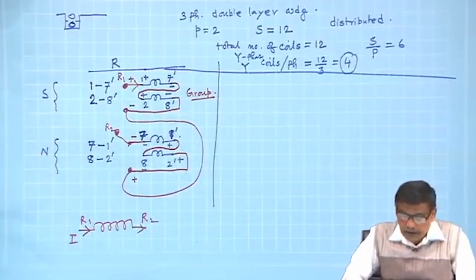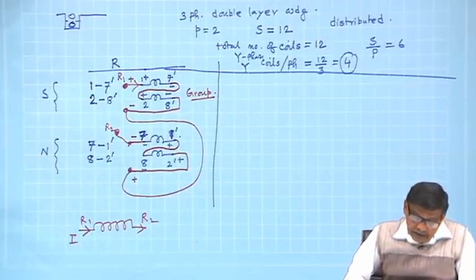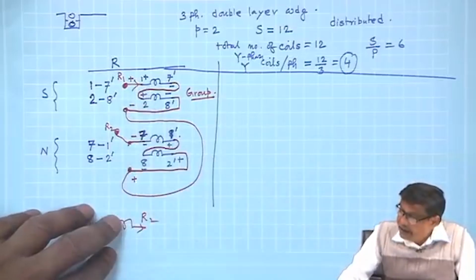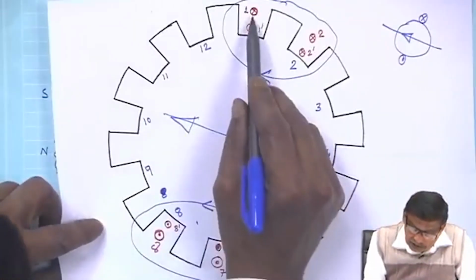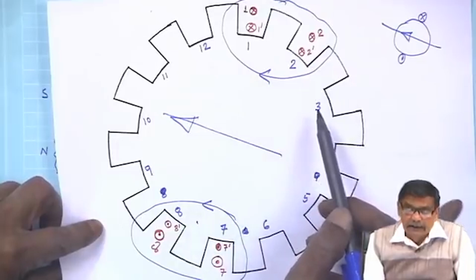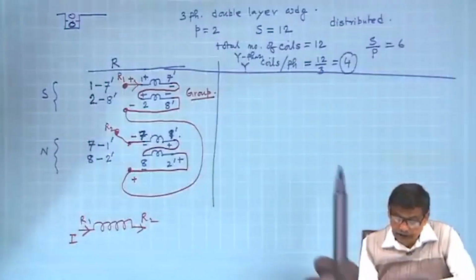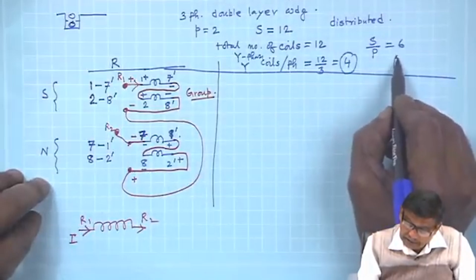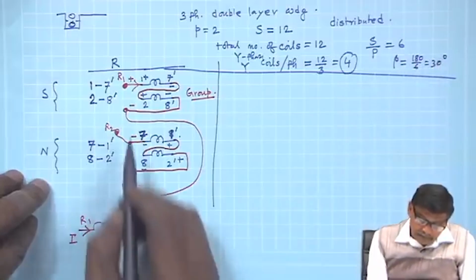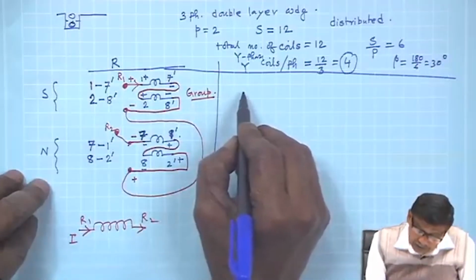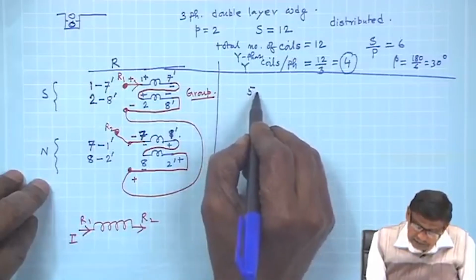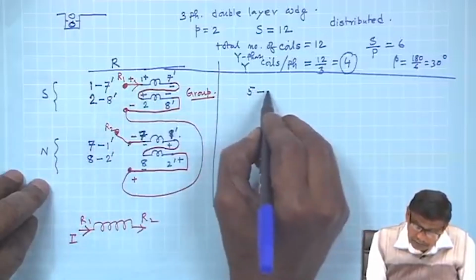For Y phase, what is going to happen? The start of Y phase, the first coil, will start after a gap of 120 degrees from the start of R phase, and that must be 120 degrees electrical. So, after 4 slots, 4 into 30 degrees, because angle beta is 180 by 6, 30 degrees. Therefore, the second coil must start from 1 plus 4, 5, and then of course, all coils are identical, its span will be 11 dashed,